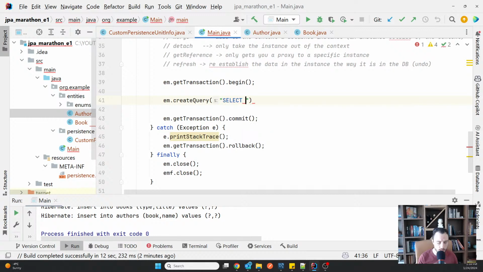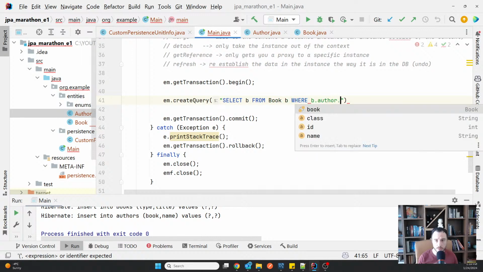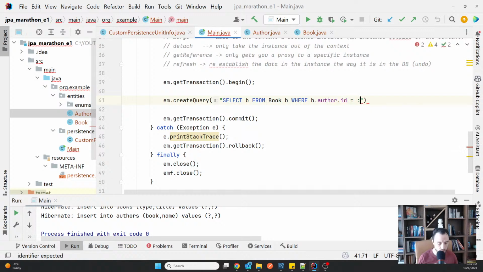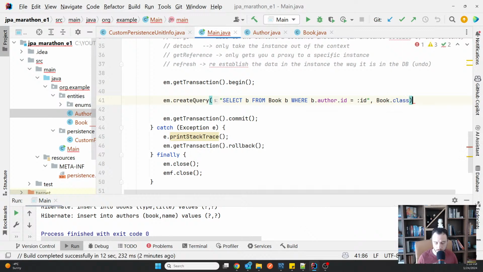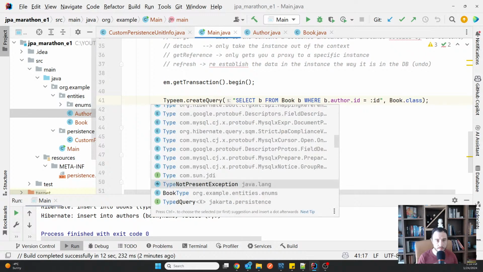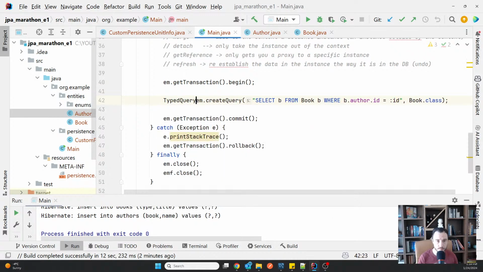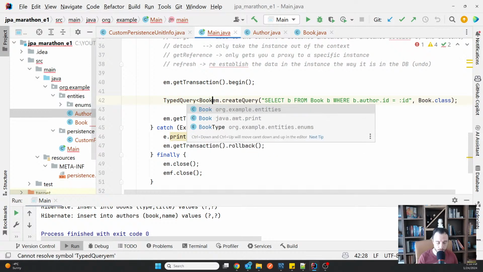I'm just gonna write select b from Book b where b.author.id is :id. I'm going to specify that I'm selecting a book. So this gives me a typed query for the type Book.